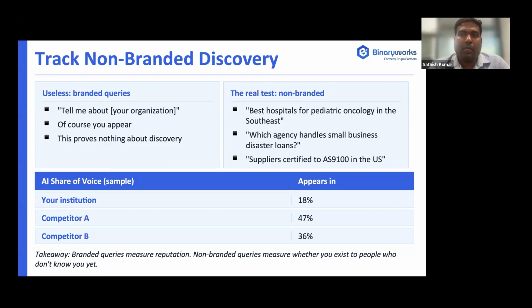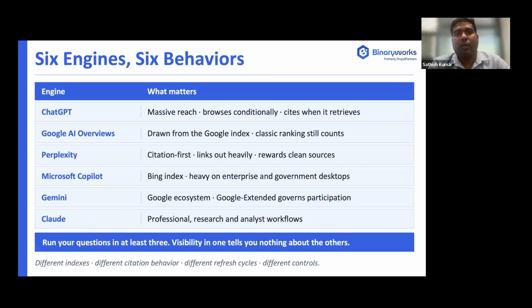If you are not getting cited, and there is a competitor getting cited for that, analyze why they are getting cited, what source the tools are picking up from, or what third-party earned media they are picked up from, where they get the trust. So try to analyze those things. That's the most important thing. And the other important thing is,